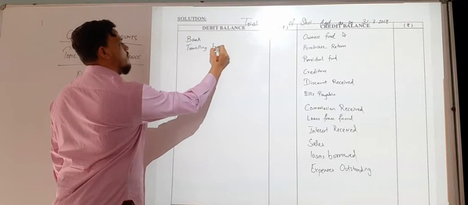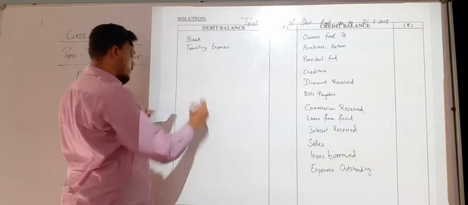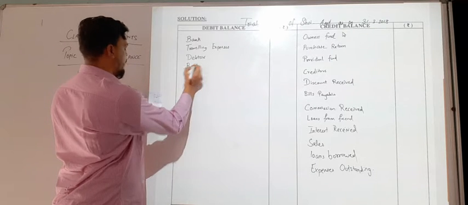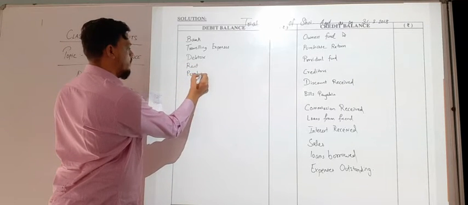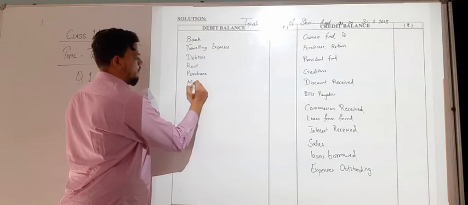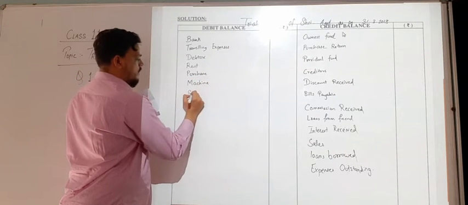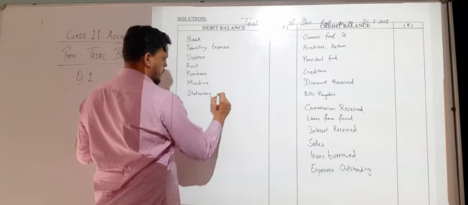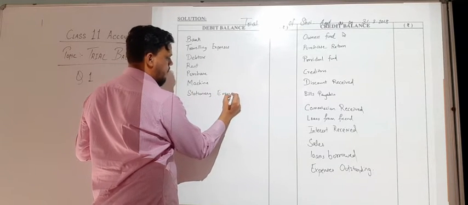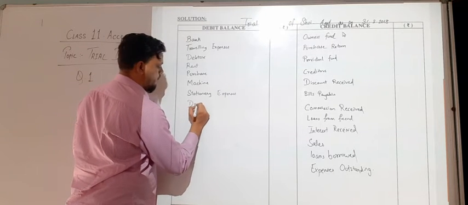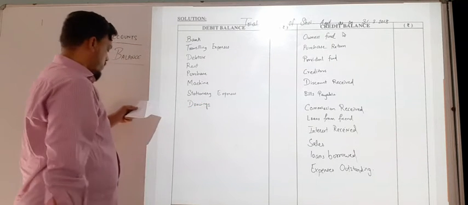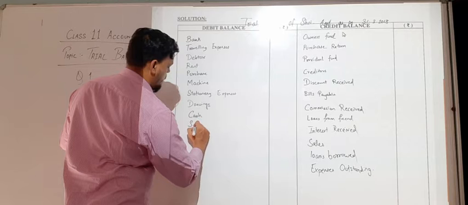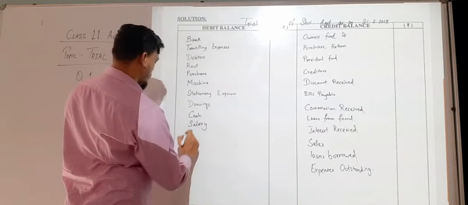Traveling expenses, debtors, rent, then purchase, then machine, stationery expenses actually, then drawings, then cash, salary, sales return,